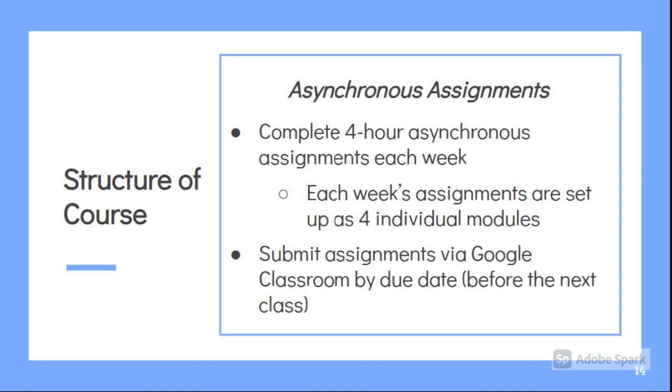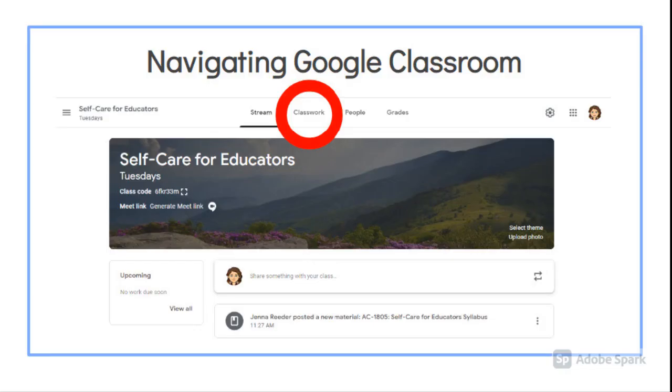You can work through each module at your own pace, so long as you complete all 4 by that week's synchronous session. We recommend you complete the modules in the suggested sequence. All asynchronous assignments will be available through Google Classroom. The asynchronous modules will be assigned through Google Classroom. You can find them by going to the Classwork tab at the top of our Self-Care for Educators Google Classroom.